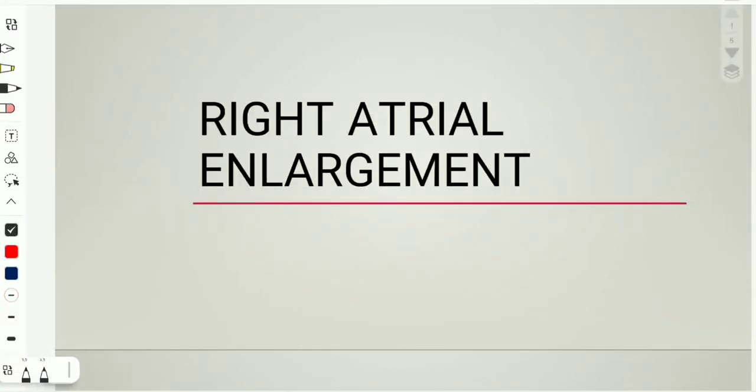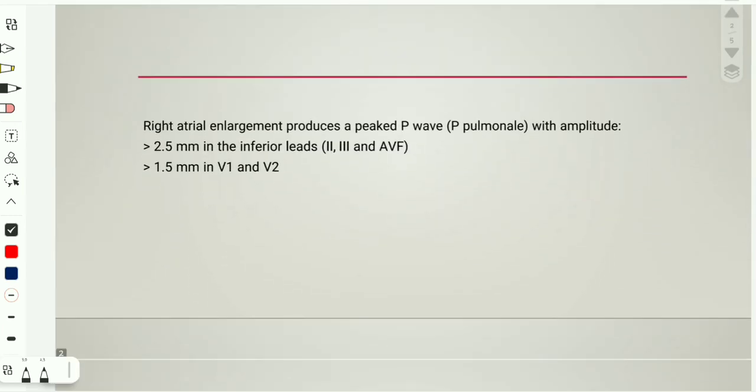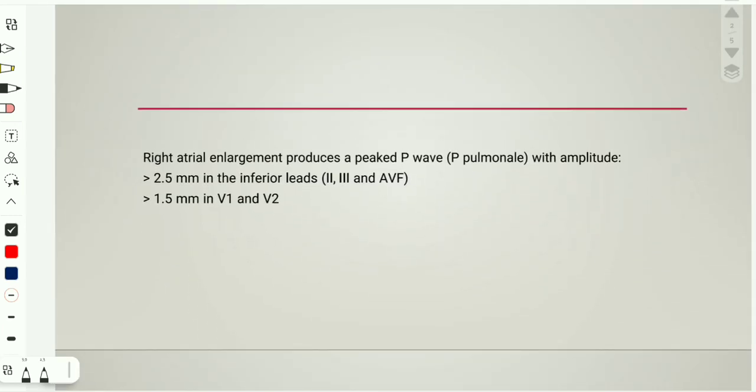So, in this series, we'll be studying right atrial enlargement. You can also call it right atrial hypertrophy. Well, whichever is fine. So now, in right atrial enlargement, what you see is